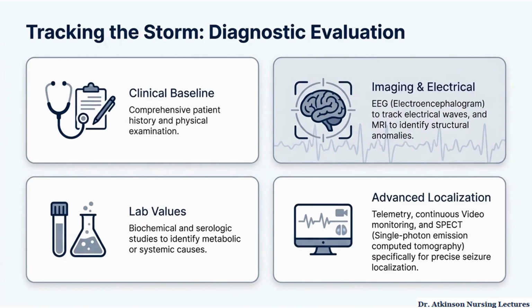EEG is one of the biggest diagnostic tools because it measures the brain's electrical activity and helps identify abnormal discharges. MRI is used to look for structural causes like tumors, strokes, or scarring. We also check labs because electrolyte imbalances, infection, hypoglycemia, or metabolic disturbances can trigger seizures. And in more complex cases, patients may need continuous EEG or video monitoring to help localize exactly where the seizure